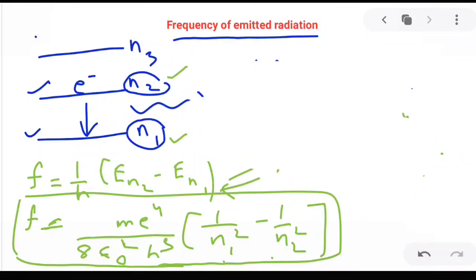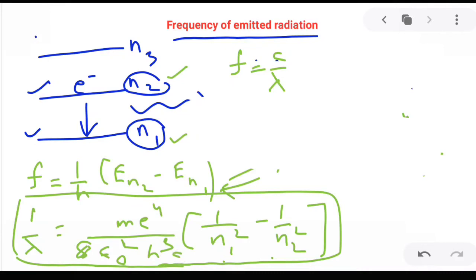Now this frequency, the frequency of the photon, is equal to c by lambda, where c is the velocity of light in vacuum, and that is also the velocity of the photon. So if you make this substitution, the frequency term can be replaced by c by lambda. If you take this c over here, c is constant. So now this is 1 by lambda is equal to 8 times, and this c is placed over here.